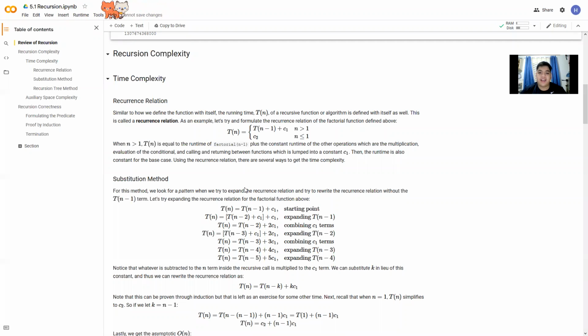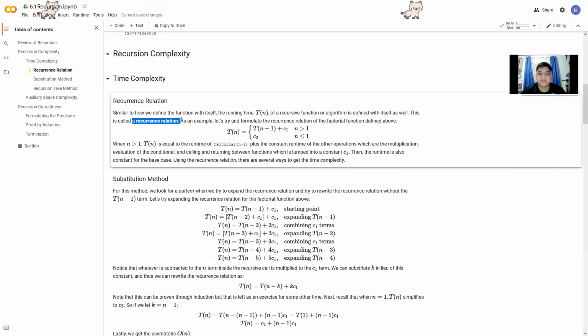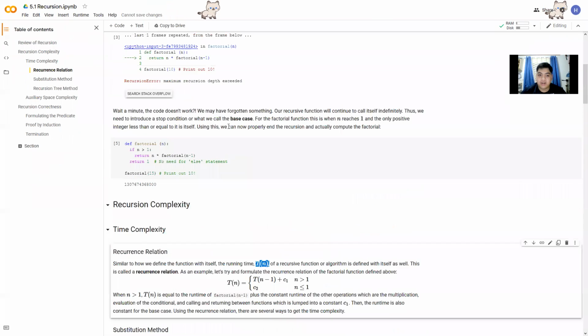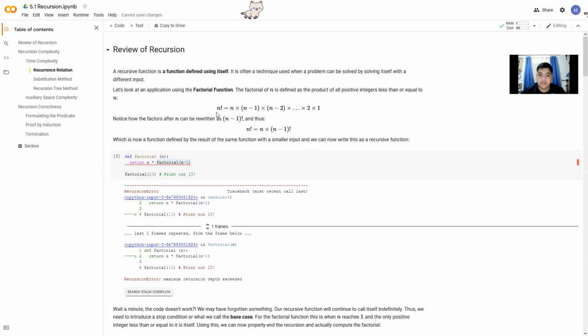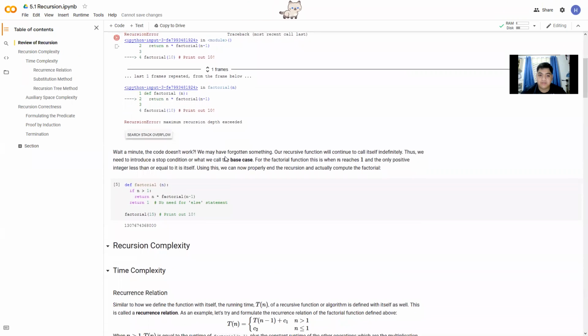Okay, so now we actually start analyzing our recursive functions since we know how they work. So to start with the time complexity, we show what is called a recurrence relation. So the time complexity of a recursive function is also defined using itself. So in here, for our recursive function over here, which is factorial,